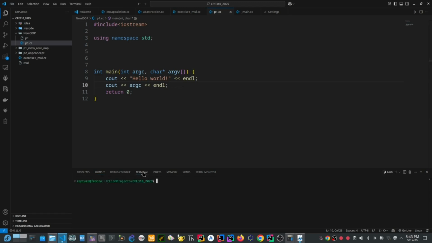Let me come to my terminal and compile it. I'm inside, let me move to the new folder. Then g++ -o for output; you compile with -o as output. Let's give it a name, maybe p11, but the name of the file is p1.cc. If we compile this now, can you see another file has been generated here? p11.